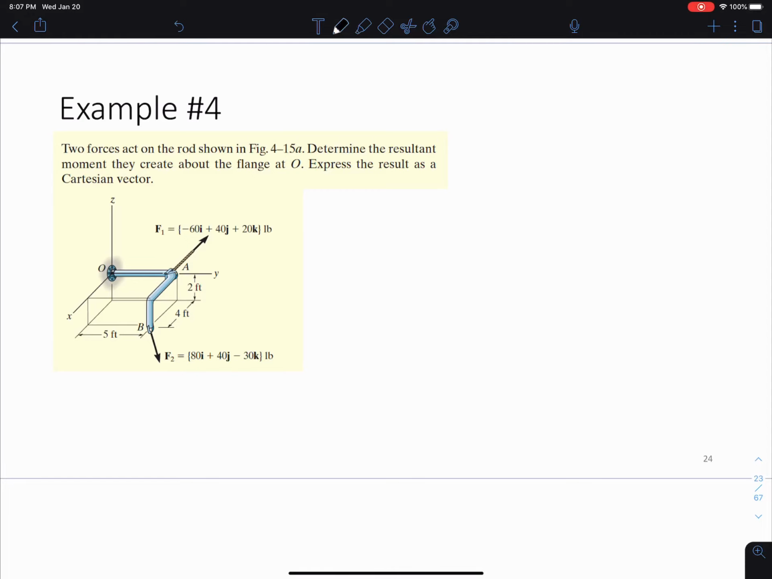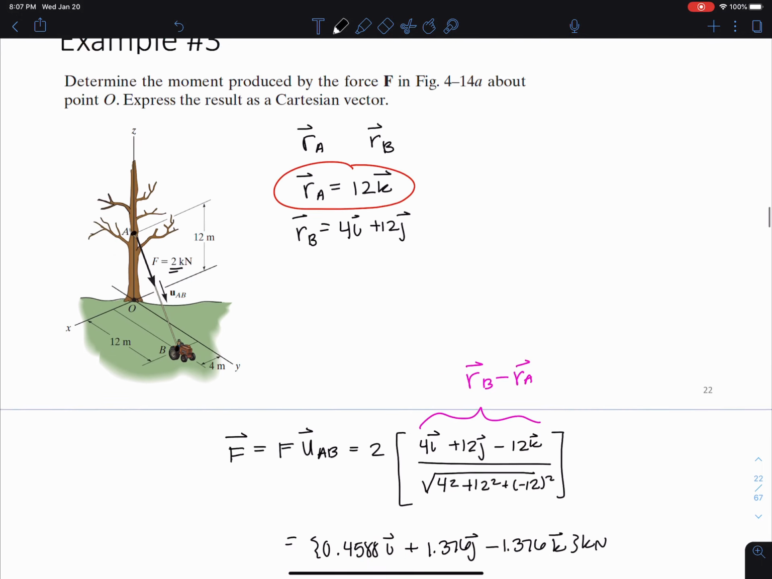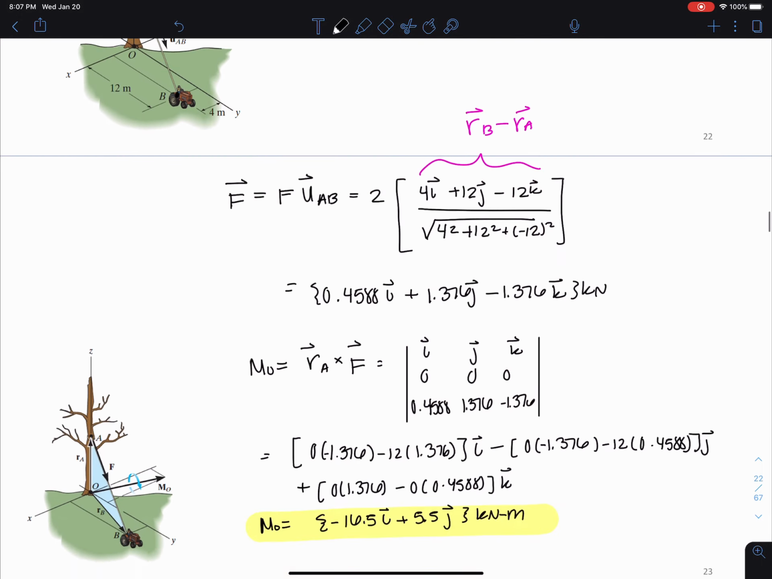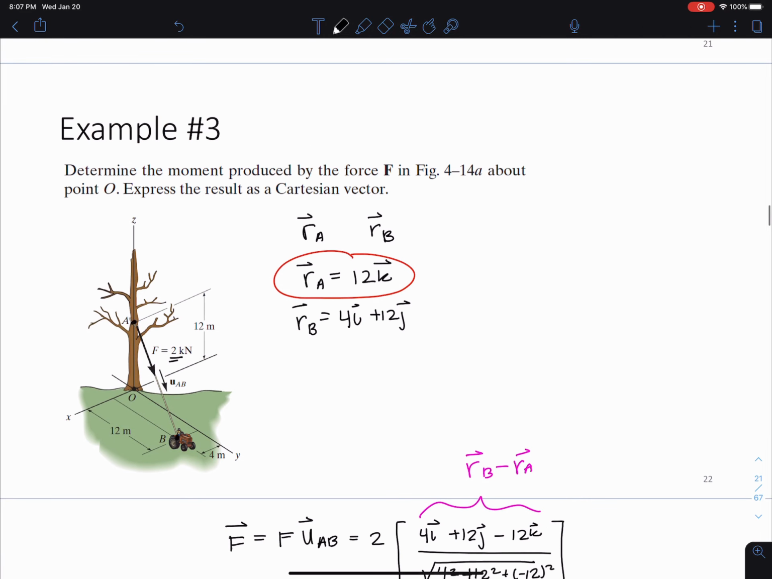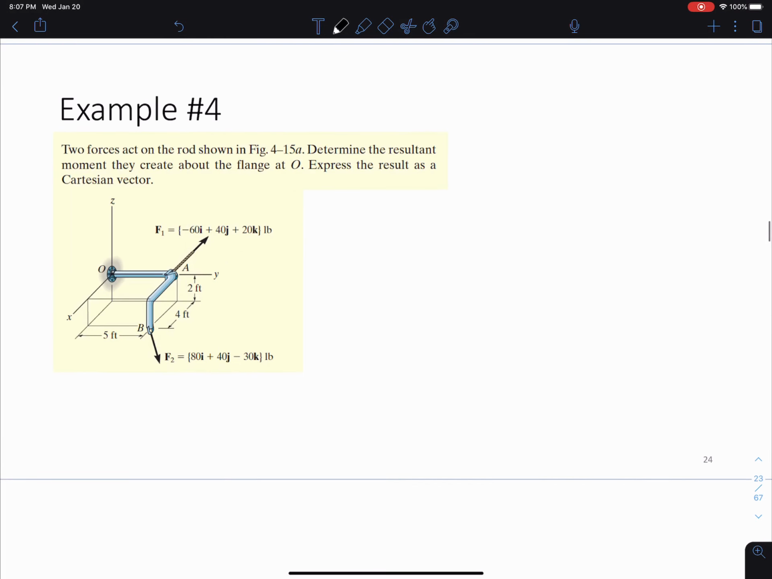Okay, so we're going to go over part 2 of topic 4, and we're going to start with example 4. Just as a recap, we had done example 3 in the last video. We used Cartesian vector coordinate systems to determine the moment produced by the force F about point O. And now we're going to move on to another